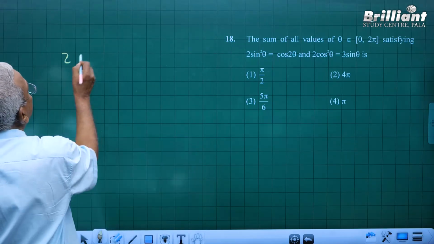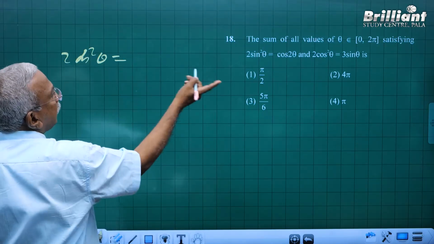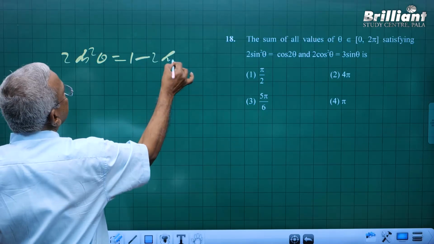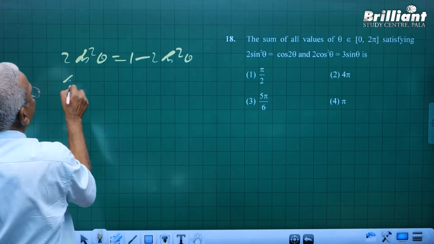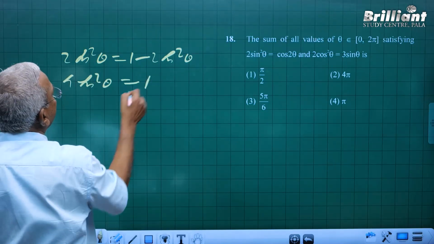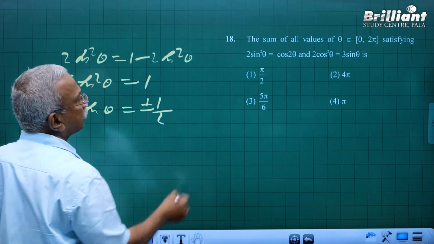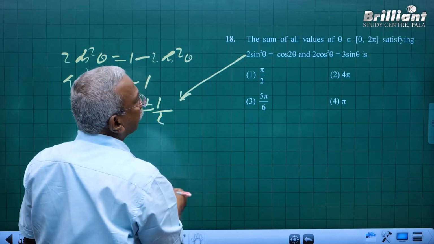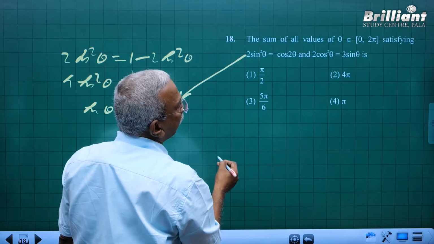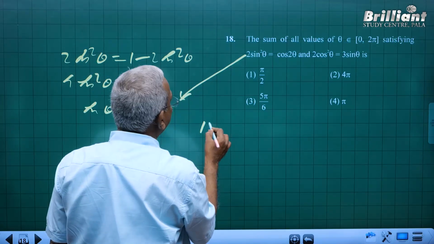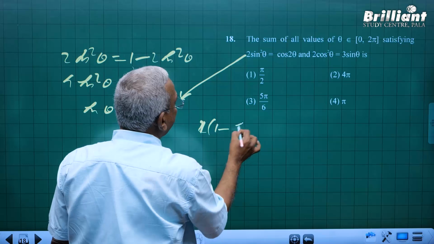You know, cos 2 theta is 1 minus 2 sin square theta. So 2 sin square theta equals 1 minus 2 sin square theta, so sin square theta is equal to 1 by 4, or sin theta is equal to plus or minus 1 by 2. This is the condition. First one is there. And the second one, 2 cos square theta,